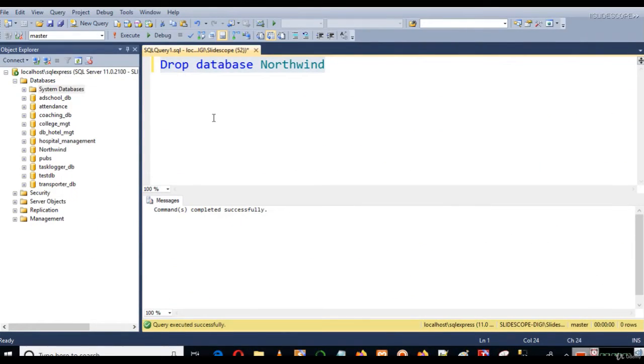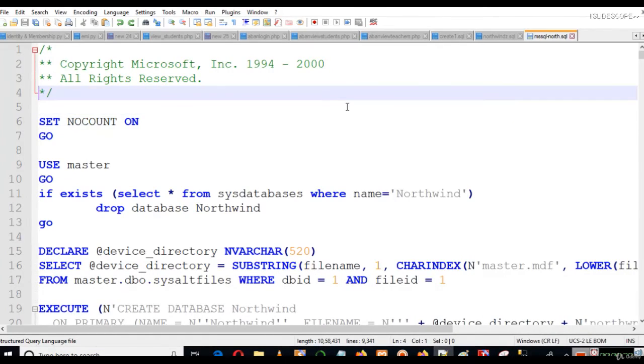So I am using SQL Server Management Studio here. Make sure that from here you have selected the master database, and here I have written a simple command, drop database Northwind, because in my case this database was already present, so I have dropped it. Now I am going to use this SQL file here, so I will share this SQL file with you.